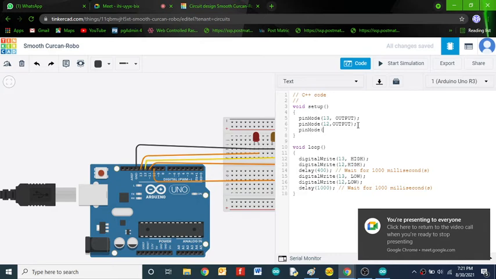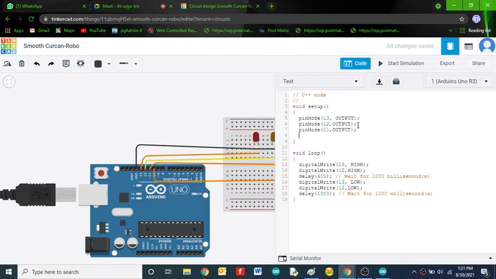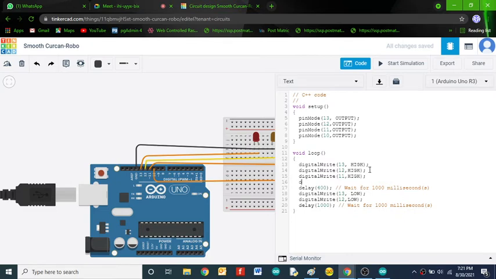Okay, remember these functions. Pin mode 11 output and pin mode 10 output, and then here you have digital write 11 high and digital write 10 high.